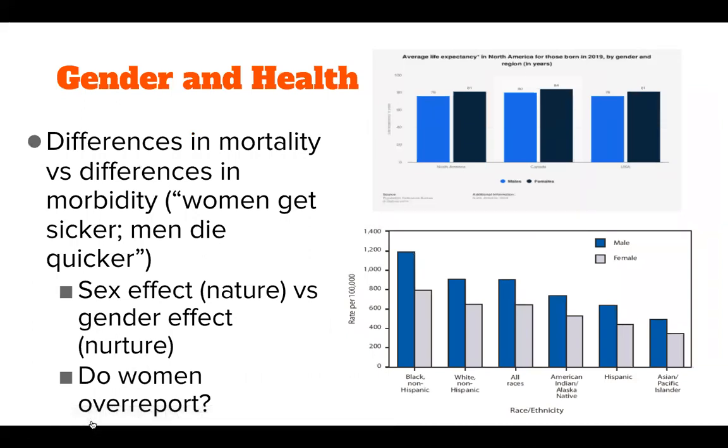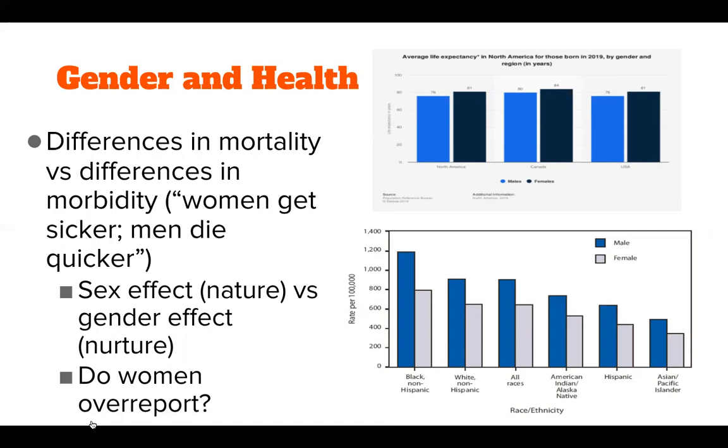So, besides the fact that men just don't live as long, there is this saying: women get sicker and men die quicker. It's the idea that morbidity rates tend to be higher in women, mortality rates tend to be higher in men. And it's a little bit of a paradox. Some people ask, is that a sex effect? Is it really a biological difference? Are there biological differences between men and women, where women become sick, they're more likely to get ill, or to profess to being ill,